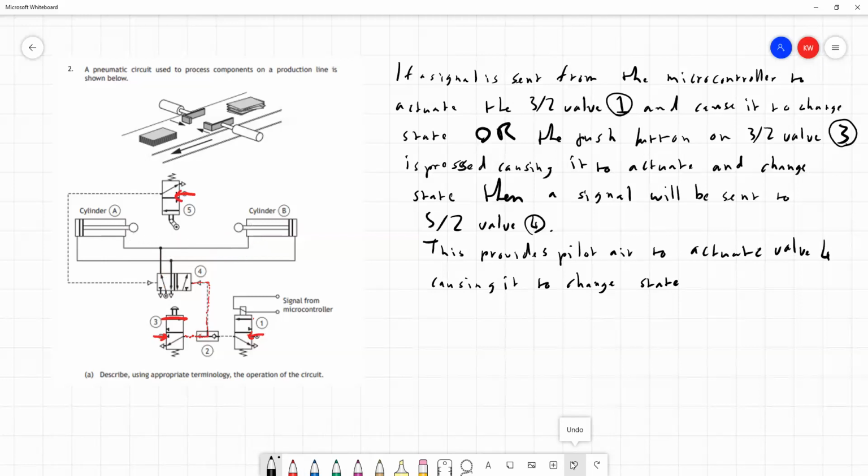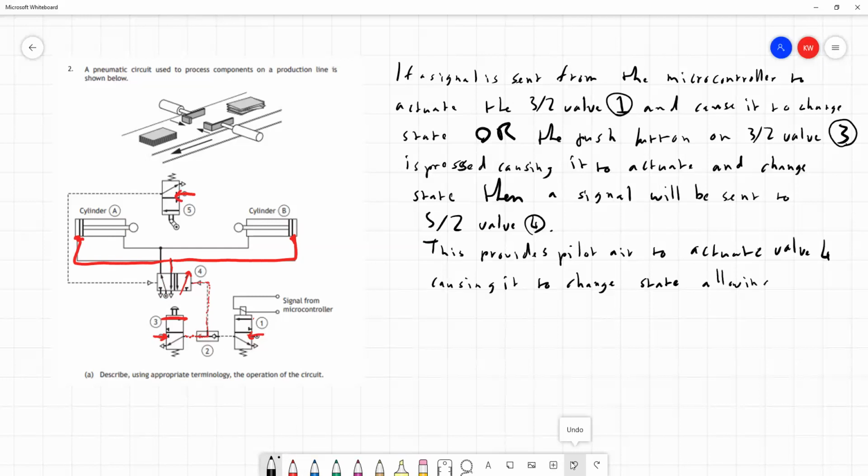So when valve 4 changes state, that means that instead of having this box here connected up, it's going to be this box here instead. And with a bit of imagination, you can see that it's going to be the air coming through to the right-hand side, and the right-hand side connects with this bit here instead. So what's happening is the air is now going to flow along these lines to the other end of the cylinders, causing it to change state. That's what we said,